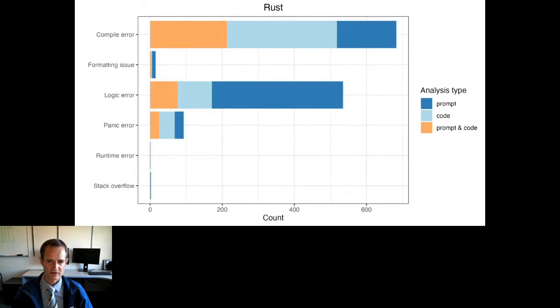Some of the errors that we got, and I'll just focus on Rust and Julia with this, were compile errors. The Rust compiler tends to be kind of picky, and so it struggled at times to overcome compiler errors. Logic errors are where it's functional code, but it's not quite giving us the output that we would expect. Sometimes we ran into formatting issues, and panic errors, which are basically runtime errors where it's not able to handle the load that we're giving the processor, things like that.